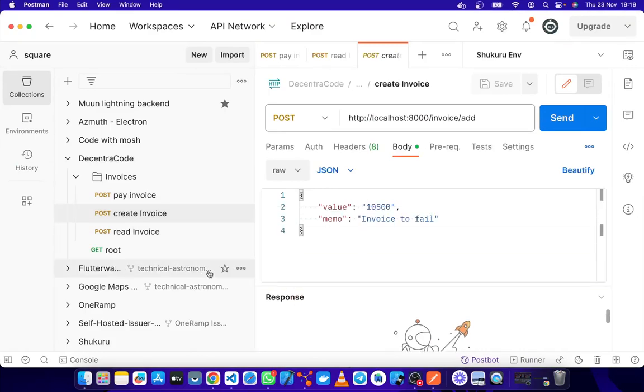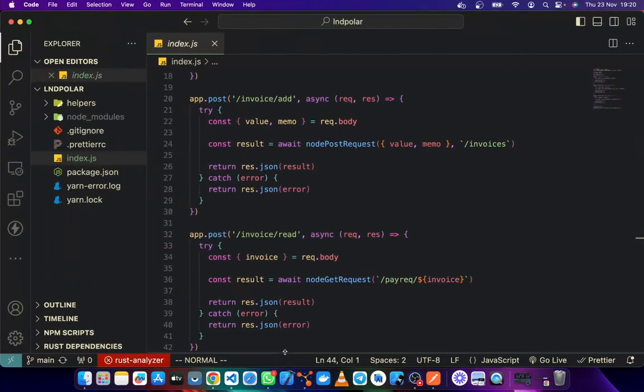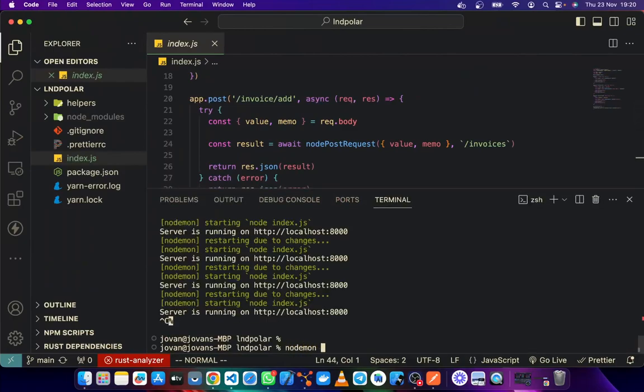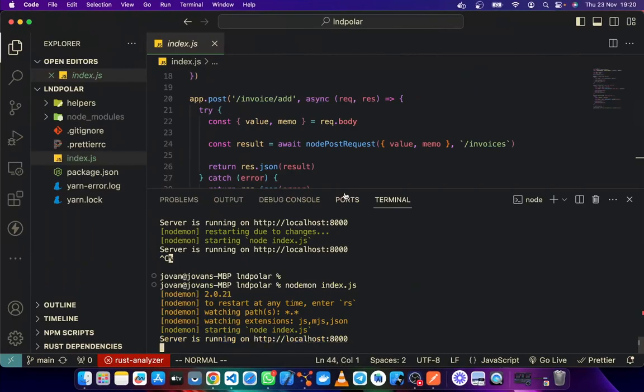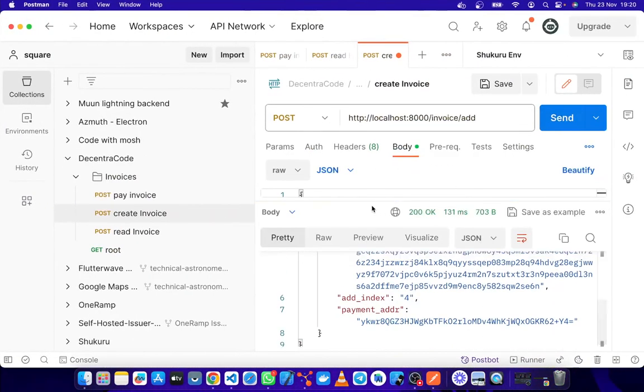Basically, we are trying to simulate what happens when you are using these Lightning wallets. So if I try to create an invoice for maybe 600 sats, and I give it a memo. A memo is like a message. So I'll call this wallet invoice, and then when you press send, my server is not running. I need to run it here, so I'll use nodemon. So it's running on port 800. Okay, I think I pressed the wrong button. So you create that invoice, and then you can see